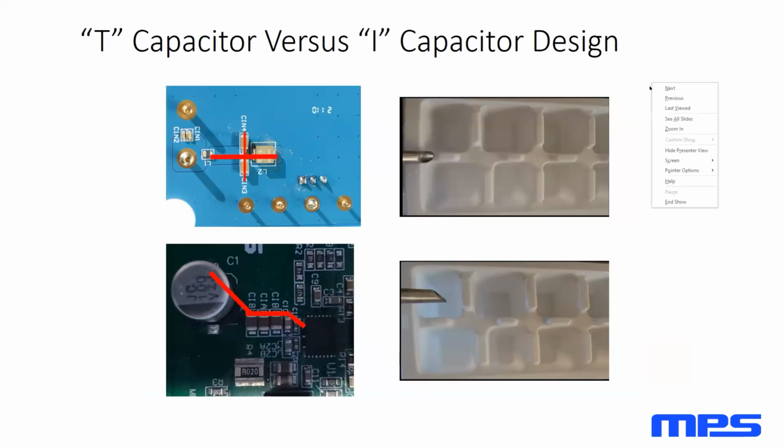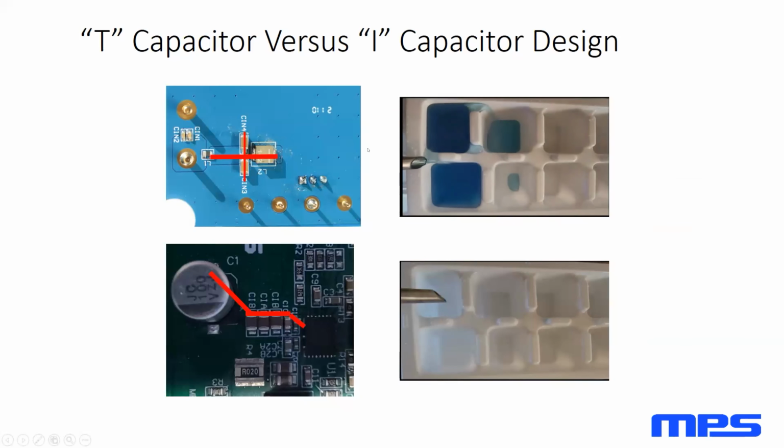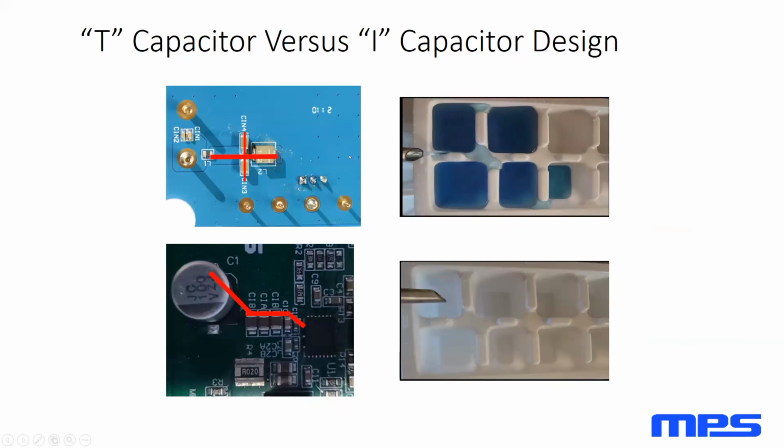Real quick, just to think about how the energy is flowing. In this T configuration, this is maybe a visual representation of what we have going on. In this particular case, we can get charge on either one of these capacitors because it's located at the same place on the supply trace, and it's also directly on the trace. So the amount of impedance that each one of these has to this trace is going to be roughly the same. If we then think about this condition where we have the aluminum electrolytic and then all these different caps,